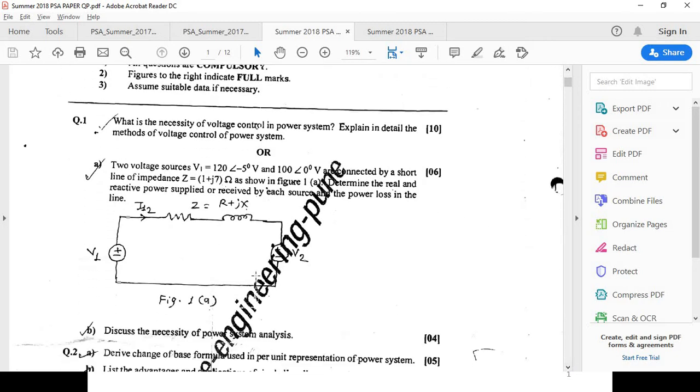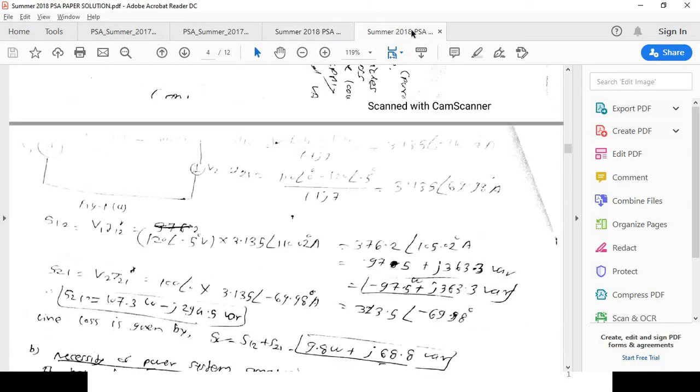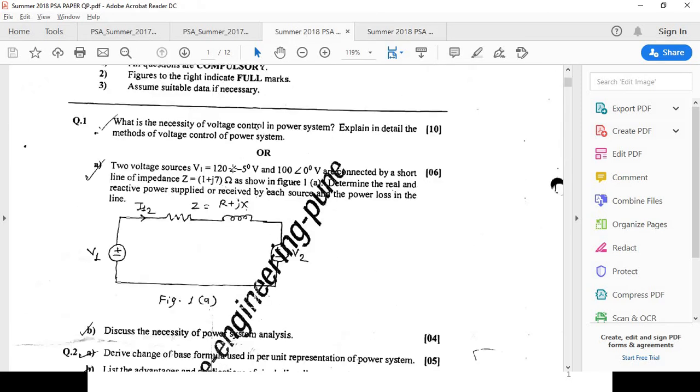Again, the question is related to the concept of complex power. That is the question asked in summer 2018. What is the question? Two voltage sources V1 and V2, where V1 is equal to 120 at an angle of minus 5 degree volt and V2 is equal to 100 at an angle of 0 degree volt, are connected by a short line of impedance Z is equal to R plus jX, that is 1 plus j7 ohm. Determine real and reactive power supplied or received by each source and the power